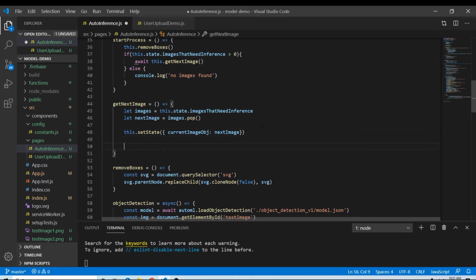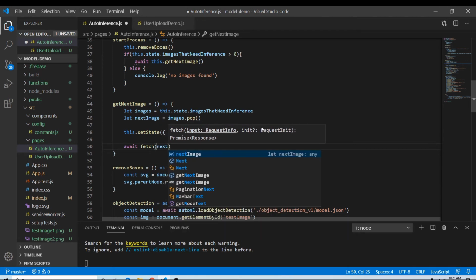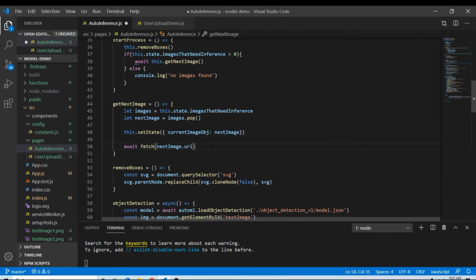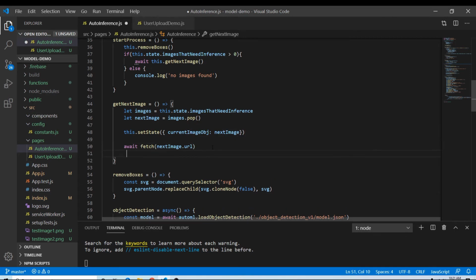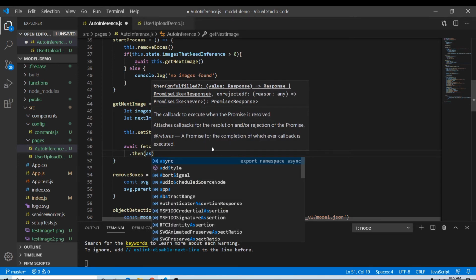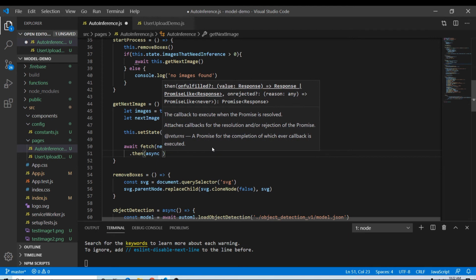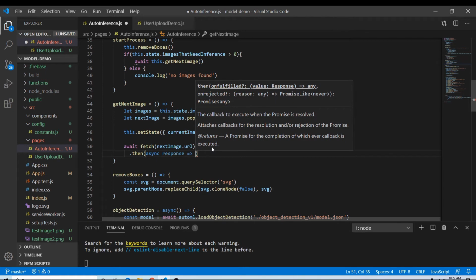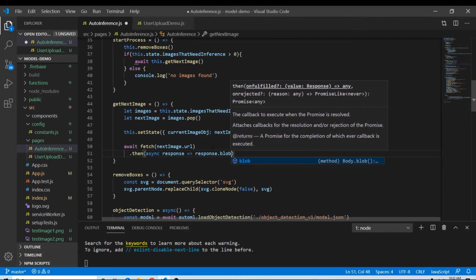Great. Now we can await fetch the next image dot URL. And so what we're doing here is we're getting a blob. So the response is going to be a response dot blob,